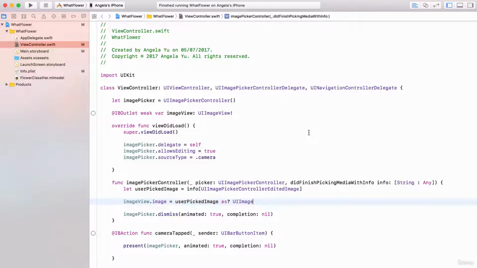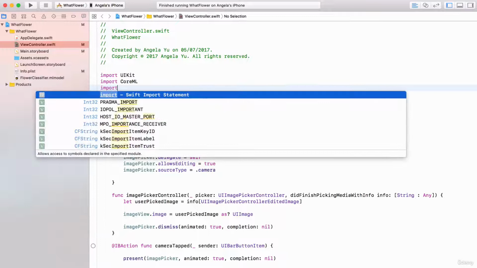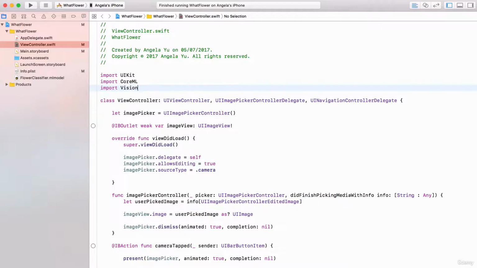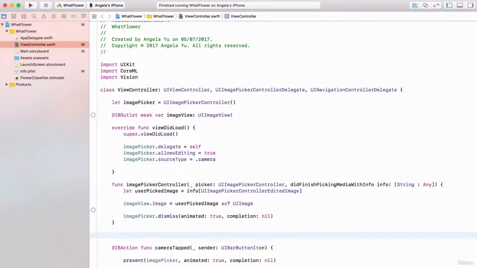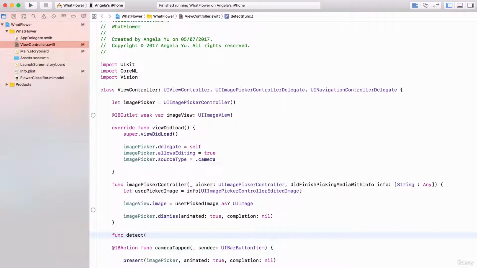All right, so here's the solution to the challenge. The first thing that we need to do is import some frameworks, and we're going to be using CoreML as well as Vision, Apple's machine learning framework. The next thing we're going to do is create a method called detect that takes a single parameter